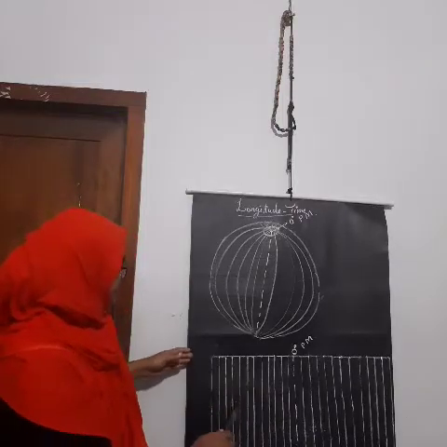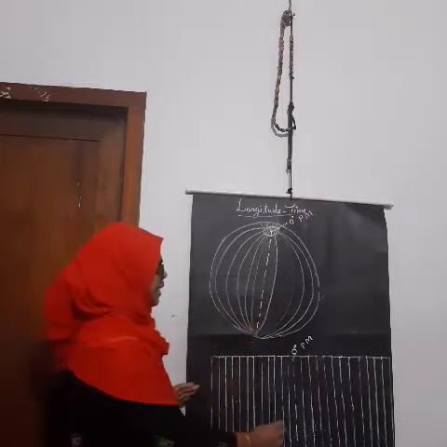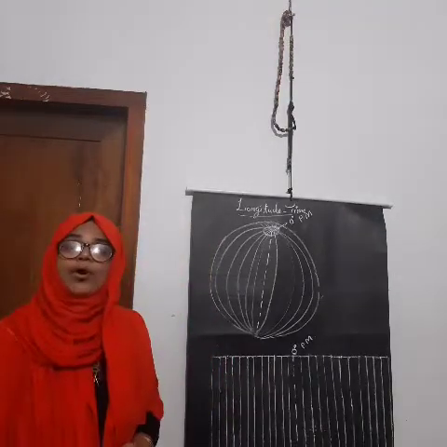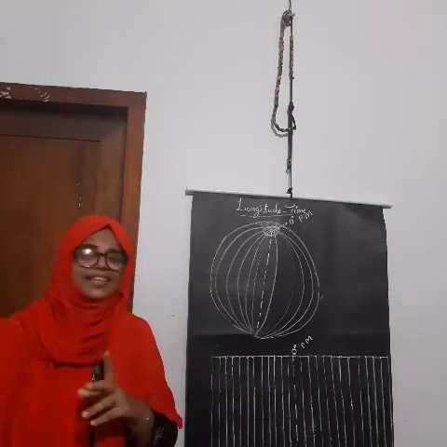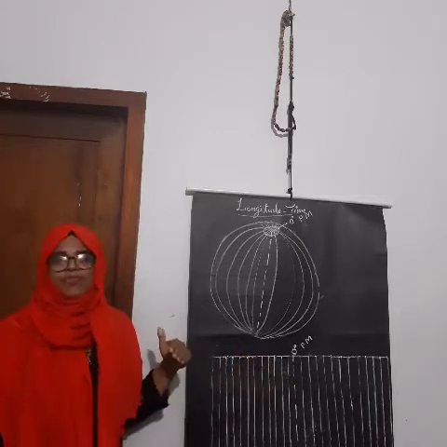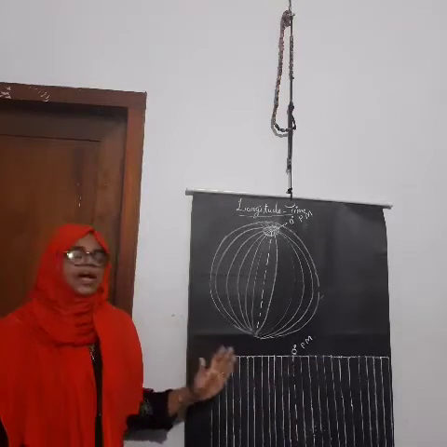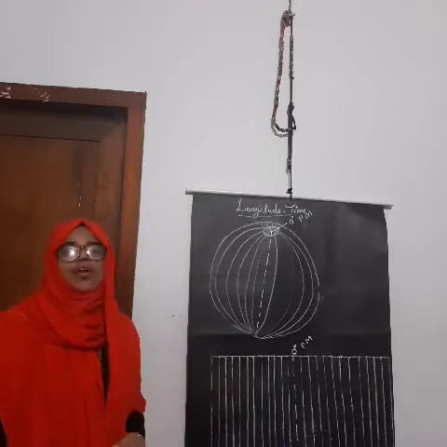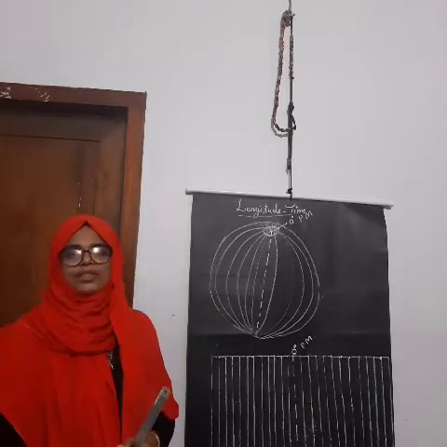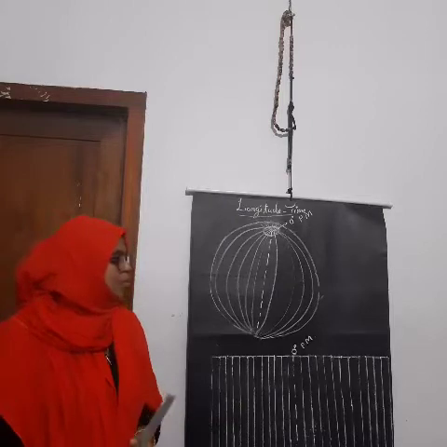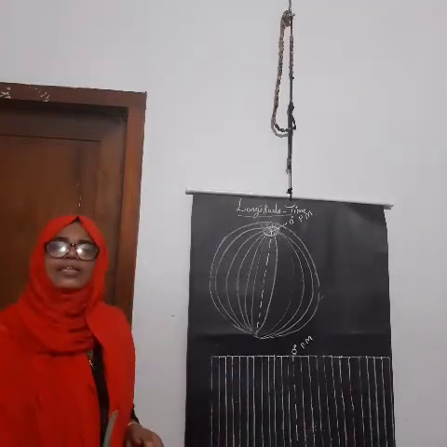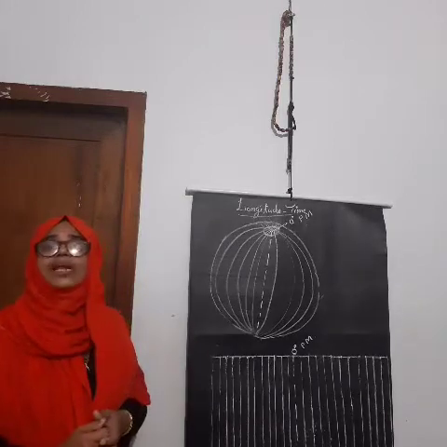Yes. So for completing this 180 degree, Earth takes how much time, how many hours, can you tell me? Yes, it is 12 hours. Again for completing the next half, the opposite half, Earth has to take again 12 hours. So 12 hours plus 12 hours, that is 24 hours. Is it clear now?